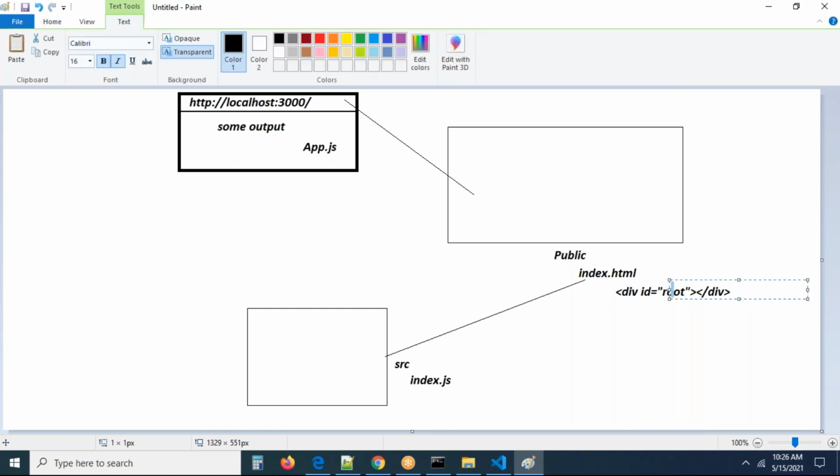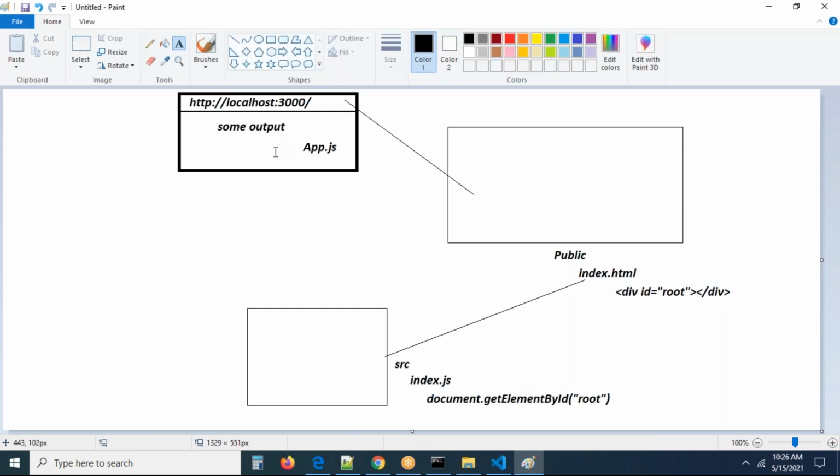This element will be accessed by index.js, guys. Here they are going to write some code. Try to see document.getElementById. The id root will be accessed in index.js. Why? Because in index.js they will bind and append the data to the particular div id. This div in index.html will be displayed onto the screen. So in index.js they want to display the data.